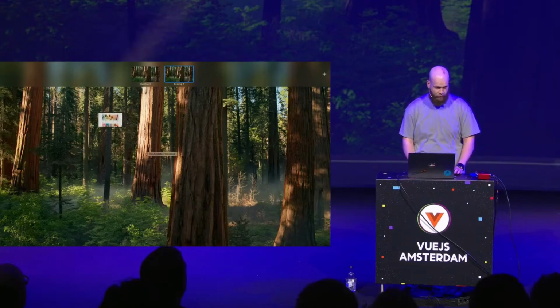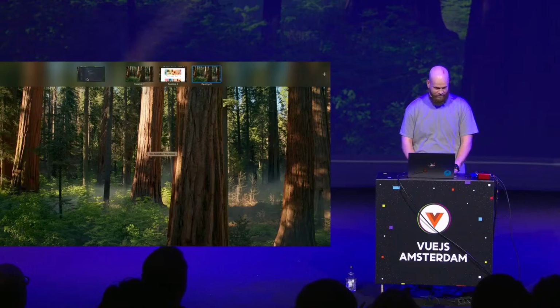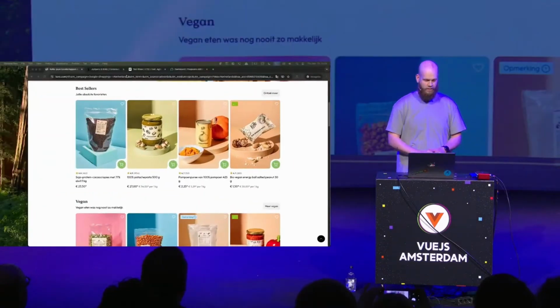Now I have to figure out where the second monitor is, because I missed rehearsal, so bear with me. Okay, close that one maybe. Good. So,